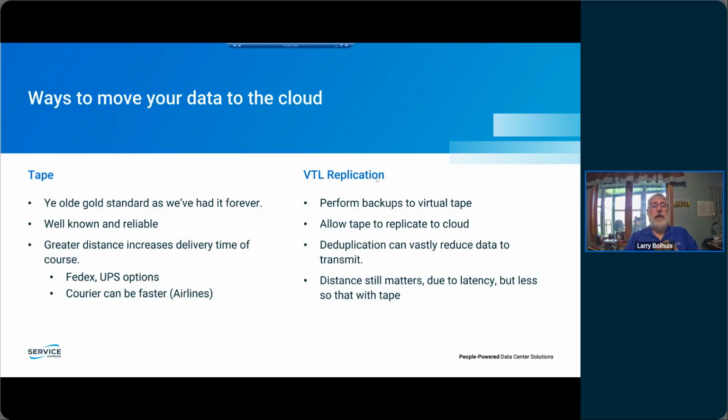It can be faster too, because depending on where you're going, as soon as the tape's done, you get on an airplane. But of course, the further you're going with that, the longer it's going to take, up to a point. And it's typically only a daily type of option, right? Now, a better or faster option is virtual tape replication. So in that case, what we do is we say, okay,